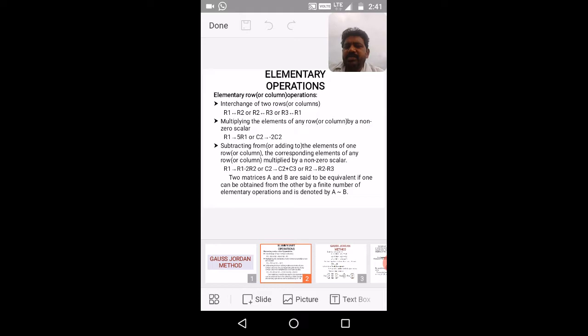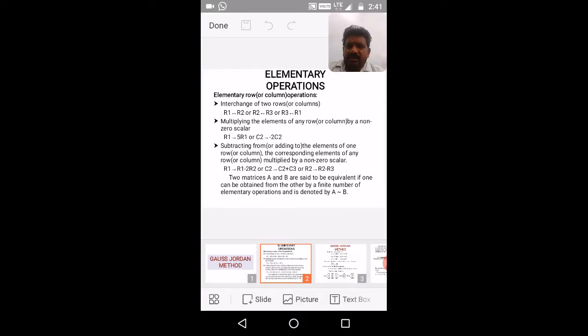Multiplying the elements of any row by a non-zero scalar. That means if you have to multiply all the elements of a row with some fixed number, then that notation will be considered as, for example, here we have written one example, R1 implies 5R1. R1 arrow 5R1 means